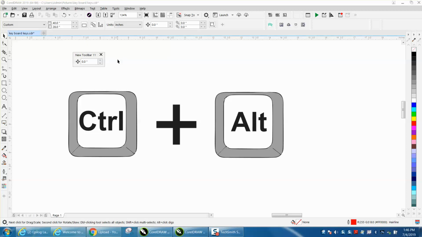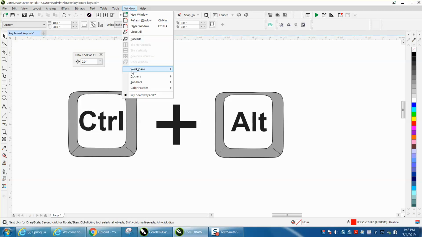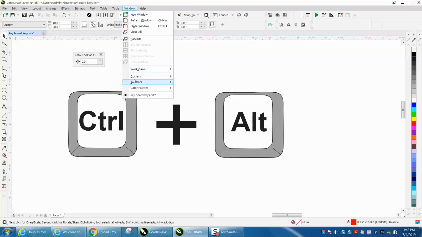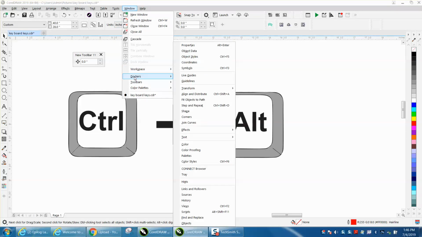If you use Dockers a lot, you can go to Windows, Dockers. Now you have to hold down the Control and the Alt key. If you don't, they'll disappear. But go to Dockers, hold down the Control and the Alt, and you can actually put it in that new window. Now we're going to take it to the next step, and I use join curves a lot. Hold down the Alt and the Control button and put it into that new window. And you could put a lot of them in there if you use find and replace a lot, or the